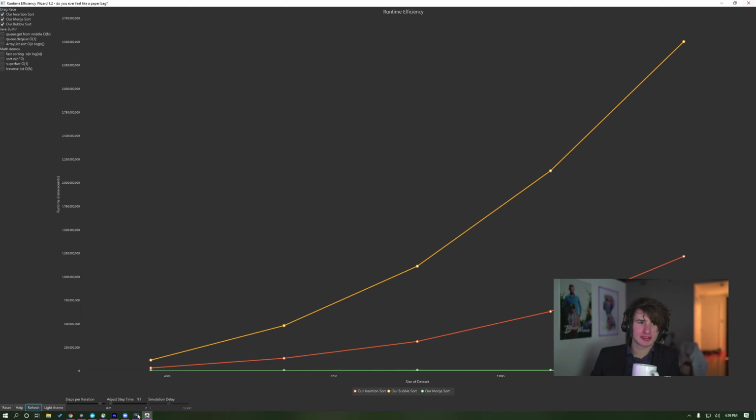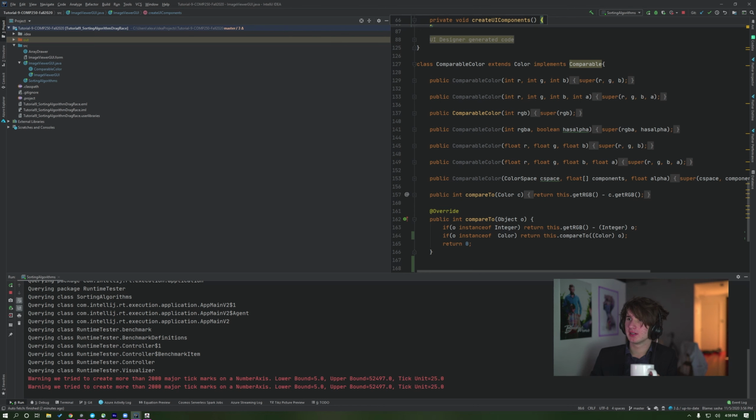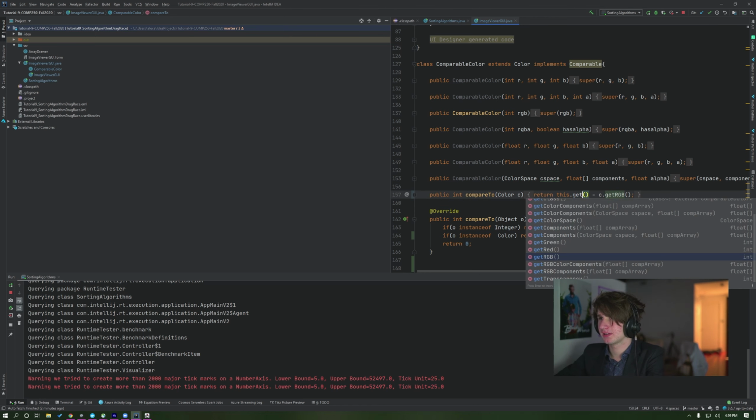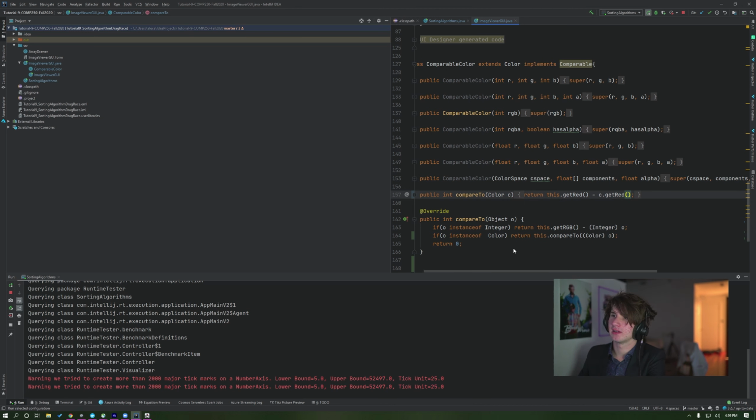Alright, and now just to make sure that our color thing isn't totally weird, I'm going to change the comparator to compare redness instead of RGB. That's one of the good things about comparator. It's very generic, so I can just say get red instead, and then this is just comparing it by a different quality now. Now instead of comparing the RGB value of the color, it's just comparing the red channel of the color directly. So if I rerun this,